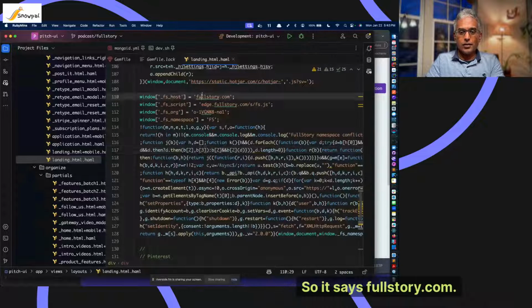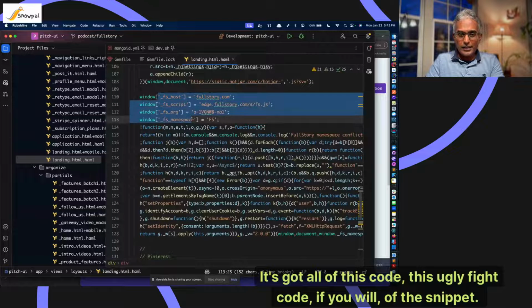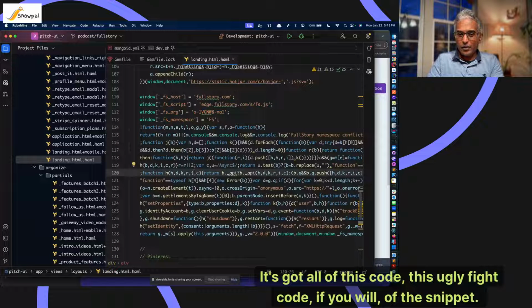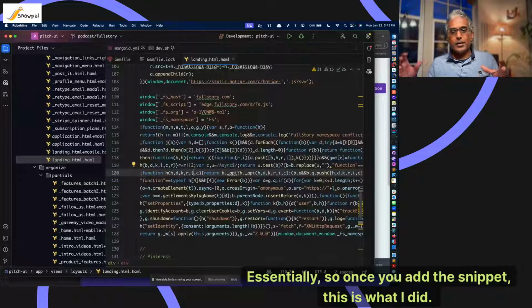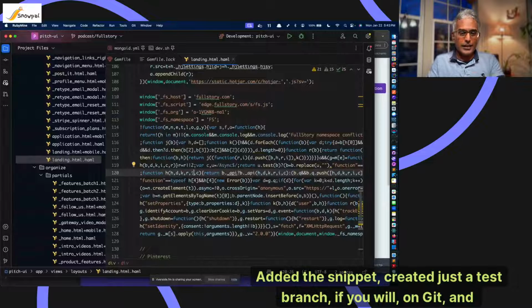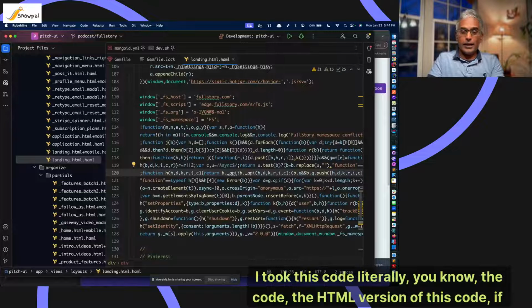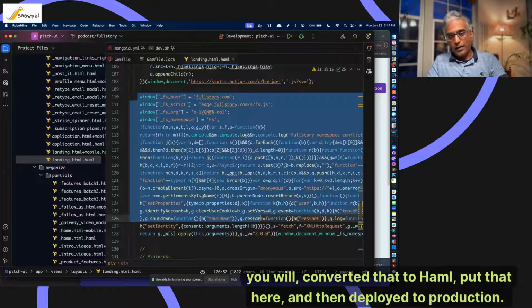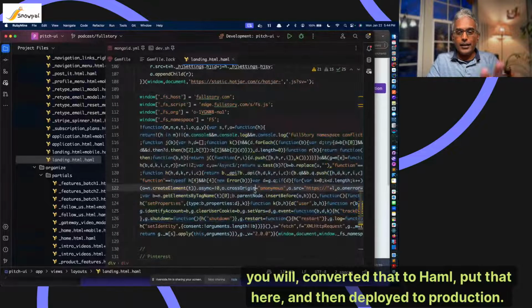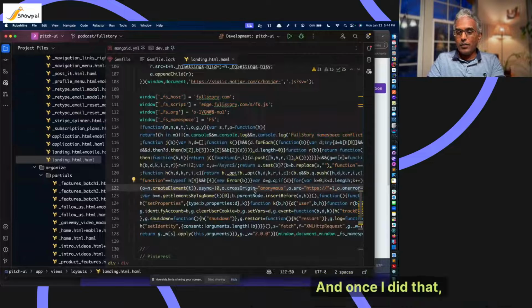So it says FullStory.com. It's got all of this uglified code, if you will, of the snippet, essentially. So once you add the snippet, this is what I did. Added the snippet, created just a test branch on Git, and deployed this to our lower environment. That is all that I did. I took the HTML version of this code, converted that to HAML, put that here, and then deployed it. And once I did that,